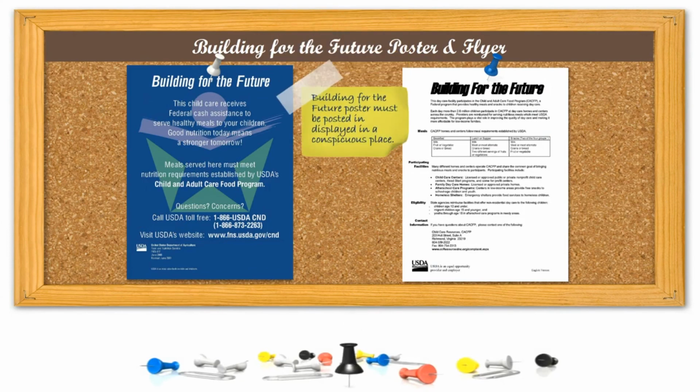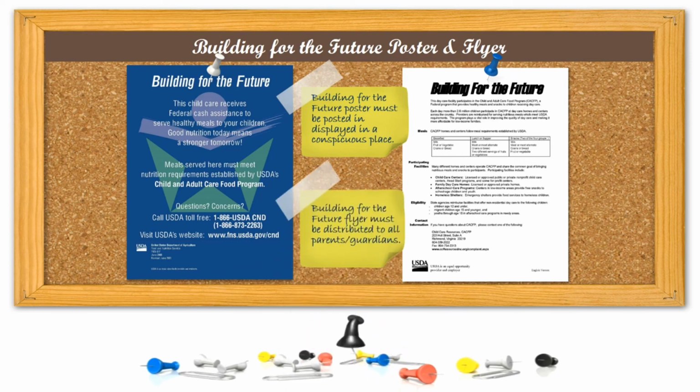The Building for the Future poster must be displayed in a conspicuous area within your center. This poster just clearly states that your center participates in the Child and Adult Care Food Program. The Building for the Future flyer must be distributed to all parents and guardians. This flyer just states that your center again participates in the Child and Adult Care Food Program. A good way to distribute is